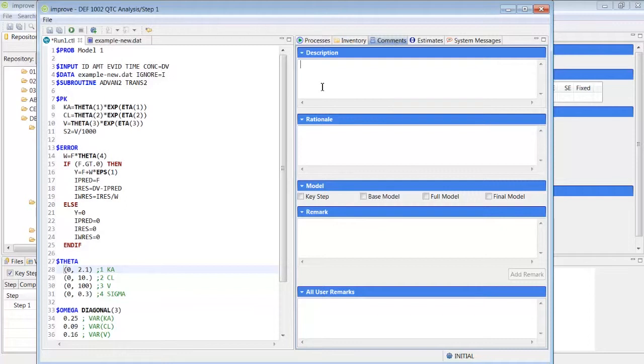The description is something, in this case, let's say a proportional error model. This is to allow the user to focus on what they want to do, the actual gray matter, and Improve will track and restore the who, what, when, where, and why. At this point, we've identified a model file, a data set,